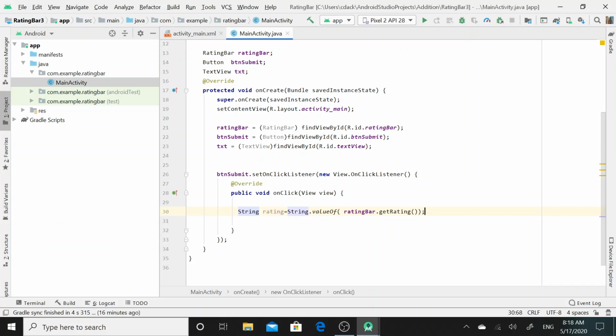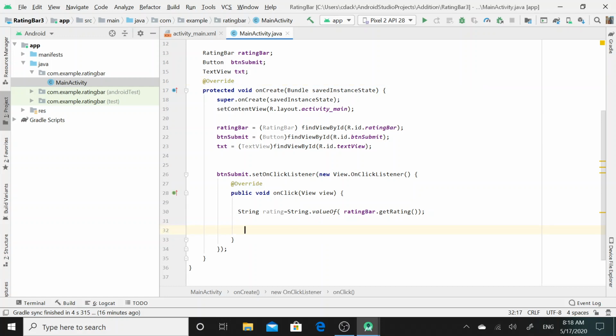So now the next task is to assign this rating to the TextView, so that the user will be able to view what rating has been submitted by the customer on a scale of 5, whether it is 3 star, 4 star or 5 star.